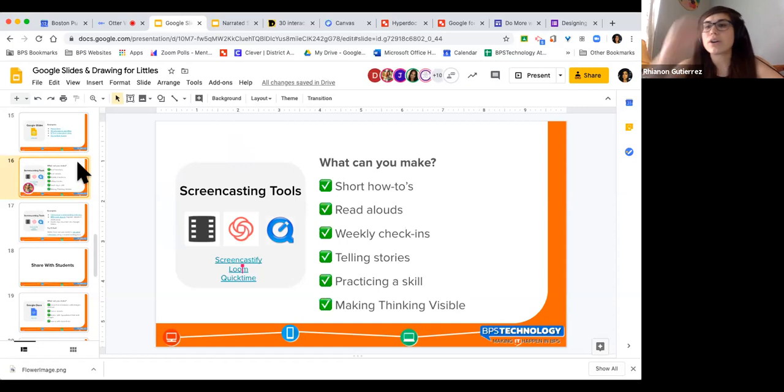And there are unlimited minutes for certain users until June for some of these tools. The only reason that we're not promoting that is because you're only going to have it for a short time. So you definitely want to take that into consideration. Do I want to upgrade and then have everything taken away? So that's an individual user need to assess. So all of these tools work on Macs. QuickTime works exclusively on Macs. The other two can work on PCs or Chromebooks.